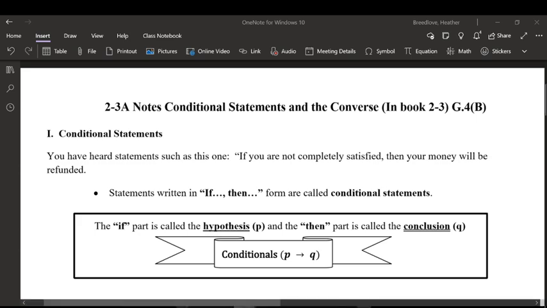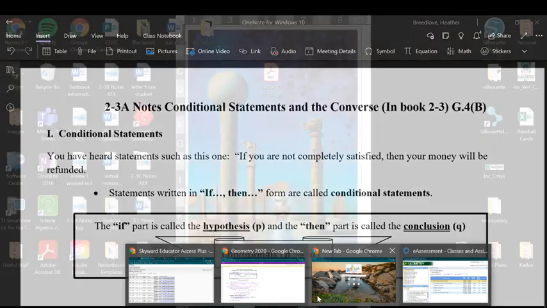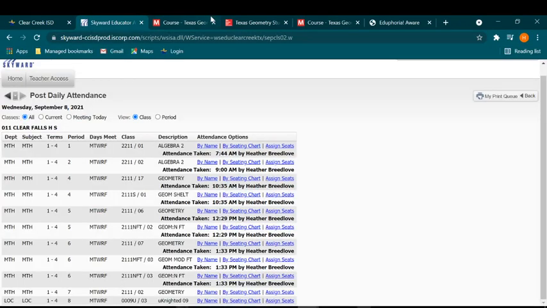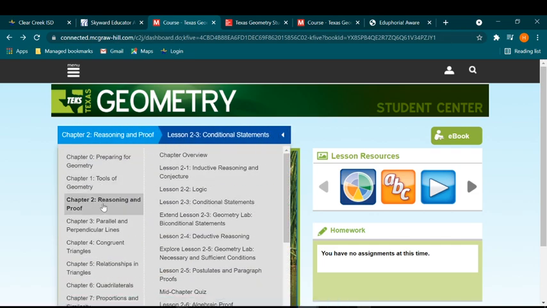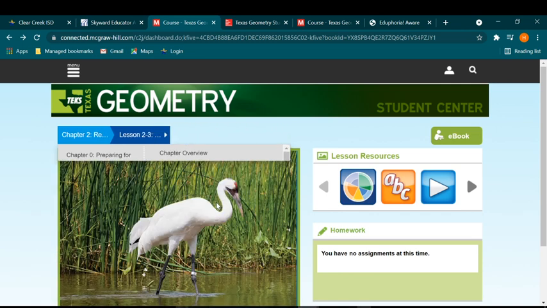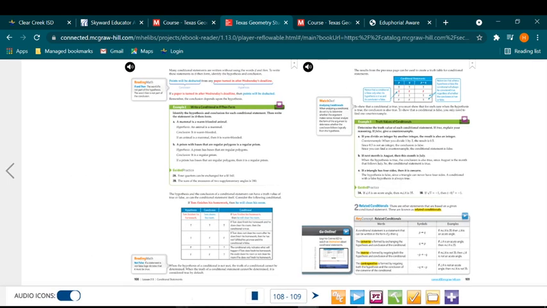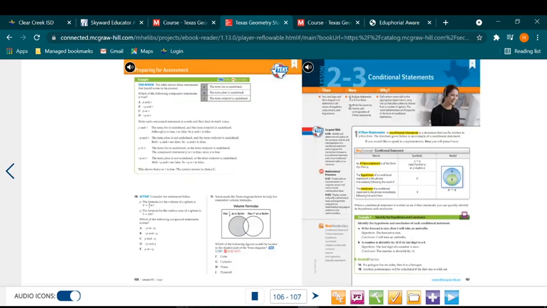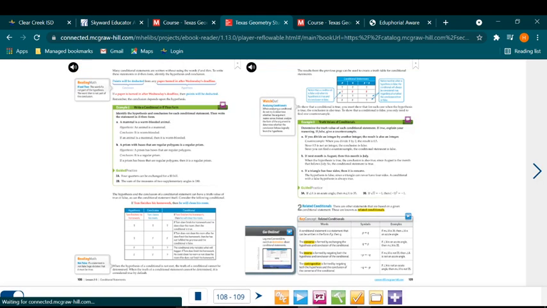Let me show you. If you were confused about something, you could go to your textbook. Here in the context part, click Chapter 2. This is 2-3, Conditional Statements. And then open the ebook. And there's your book. It takes you through the whole section. Again, we're not going to do all of 2-3 today, but we are going to do it spread over